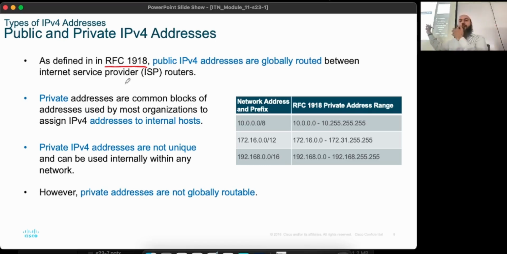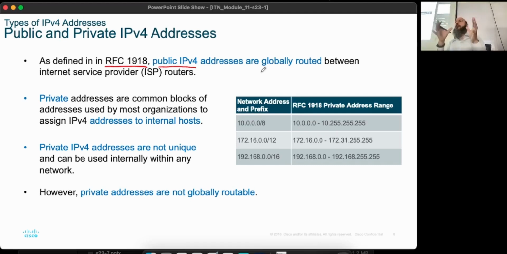Okay. So in this particular RFC, again, you don't have to remember the number. It's decided that some IP addresses are going to be public, which means if you have that IP address, anybody on the internet can talk to you. Okay. Some IP addresses are special and they have been declared as private, which means if you give your PC that private address, other computers on the internet will not be able to talk to this PC directly. They can talk indirectly, but not directly. You'll see what that means in just a minute. Okay. So two types of IP addresses, public and private.